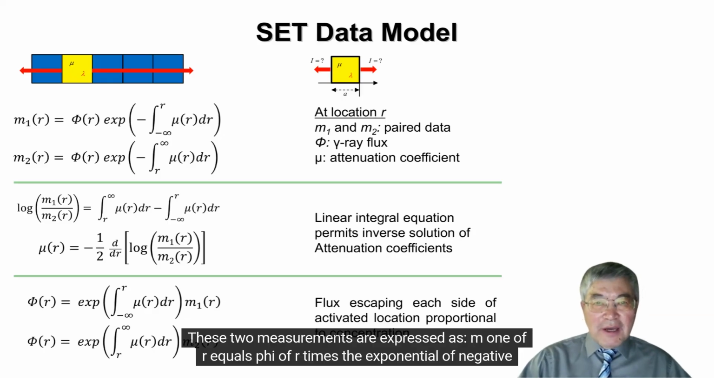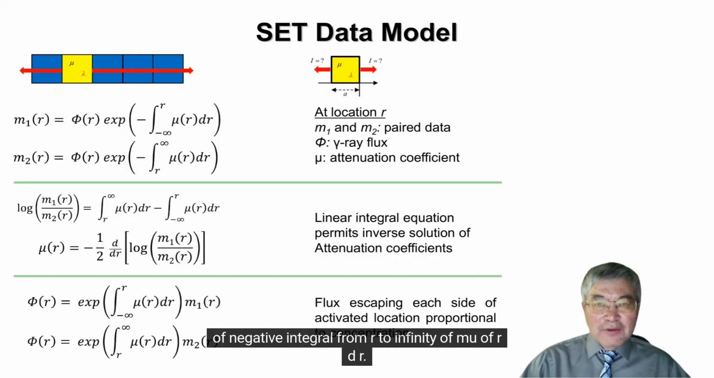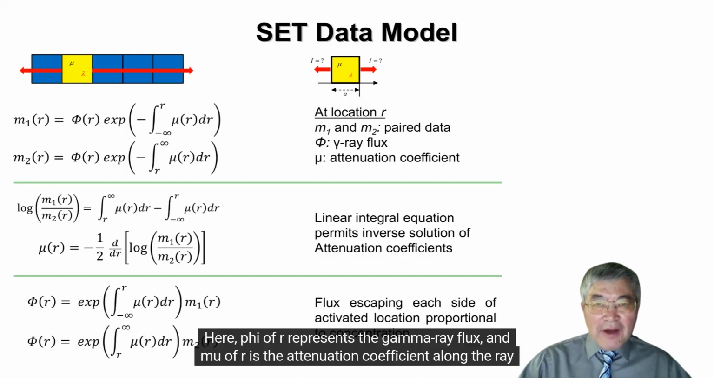These two measurements are expressed as m1 of r equals phi of r times the exponential of negative integral from minus infinity to r of mu of r dr, and m2 of r equals phi of r times the exponential of negative integral from r to infinity of mu of r dr. Here, phi of r represents the gamma ray flux, and mu of r is the attenuation coefficient along the ray